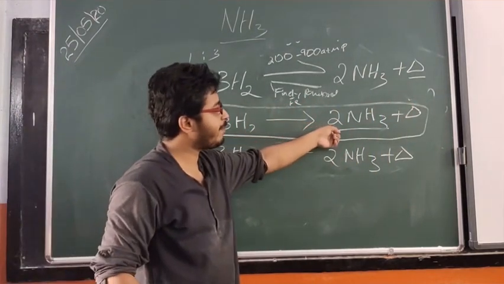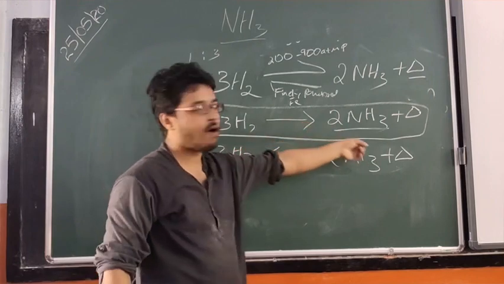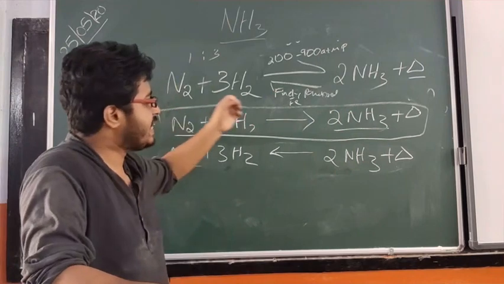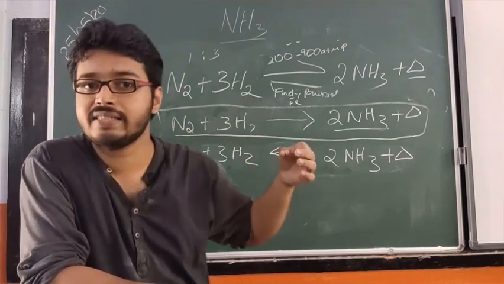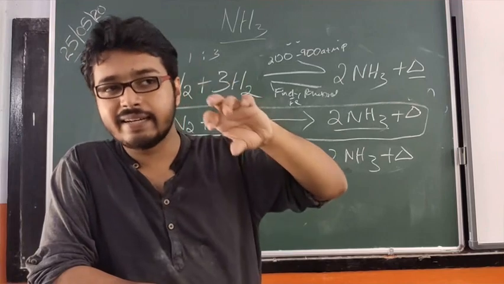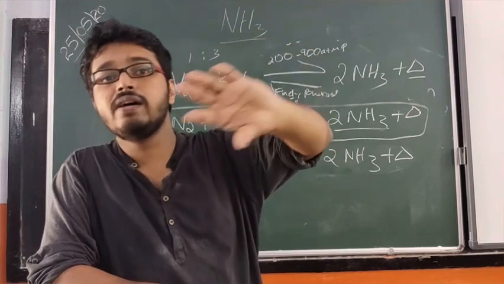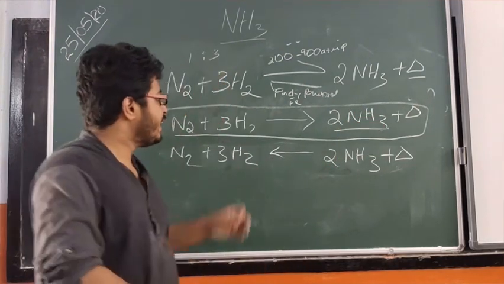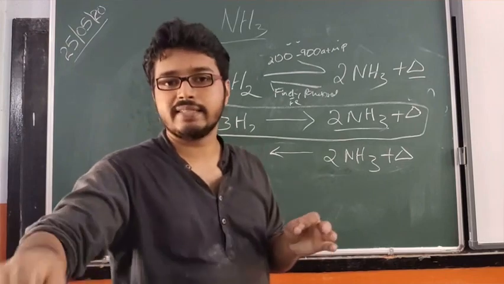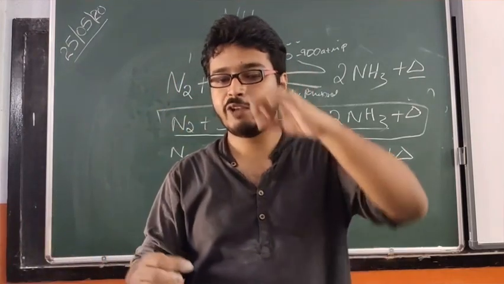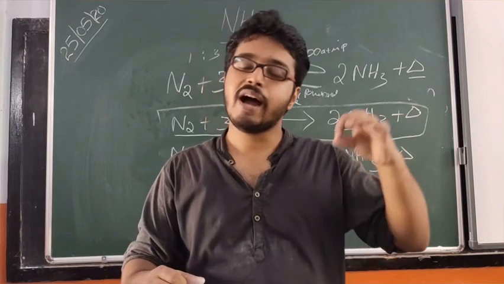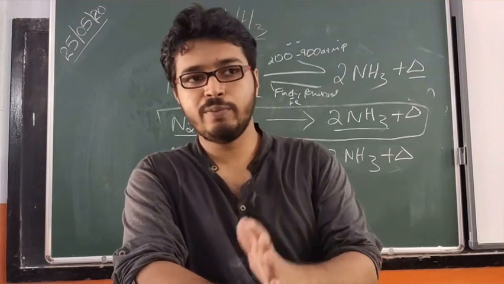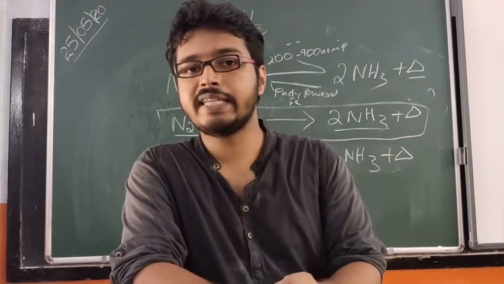Here it is an exothermic reaction. So if this reaction is going on, the temperature inside the catalytic chamber increases. After some time, the temperature will increase from our 100 degrees Celsius back to the normal value. So if we try to increase the temperature, the ammonia will decompose. If we try to decrease the temperature, ammonia will be formed. But there is a problem in the second case. I hope you remember the problem with the nitrogen.